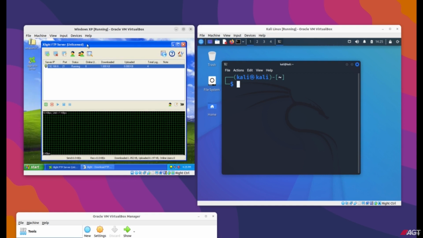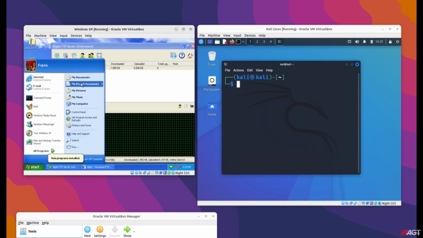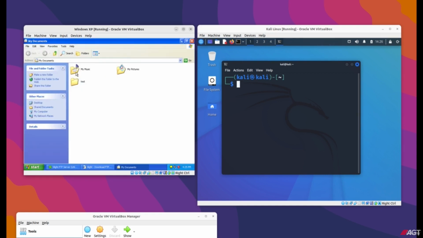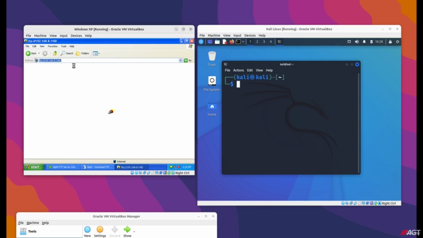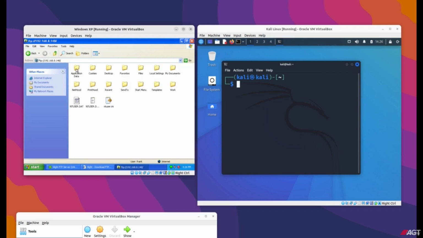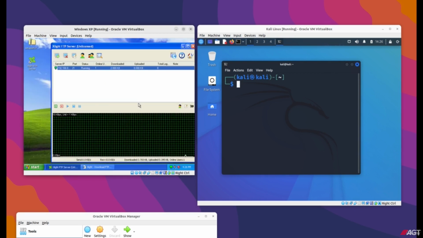For example, they can go directly from their file explorer and type ftp:// with the IP address of the computer, then username, password, and they can access the files. So that's an idea of a file server or FTP server. Now you can use FTP to share files over the network, but a hacker might try to gain access to